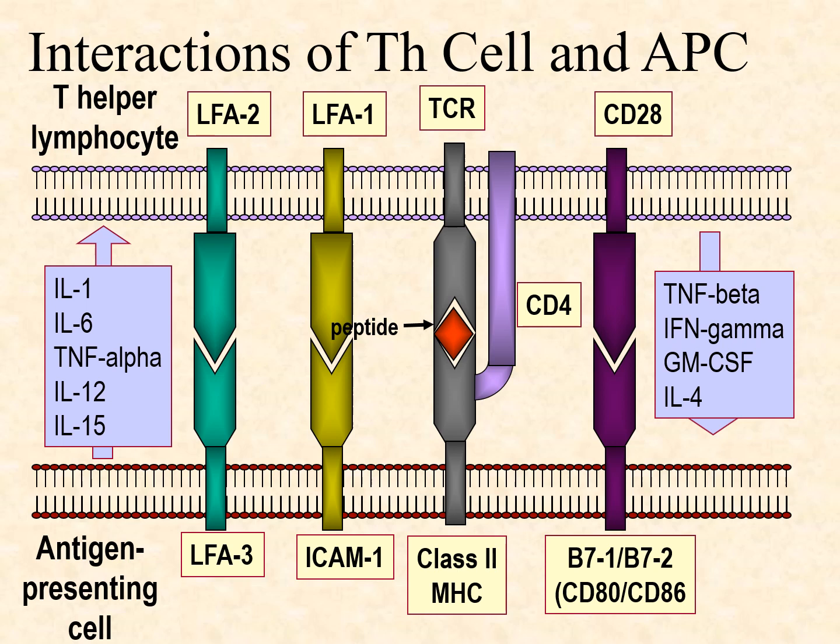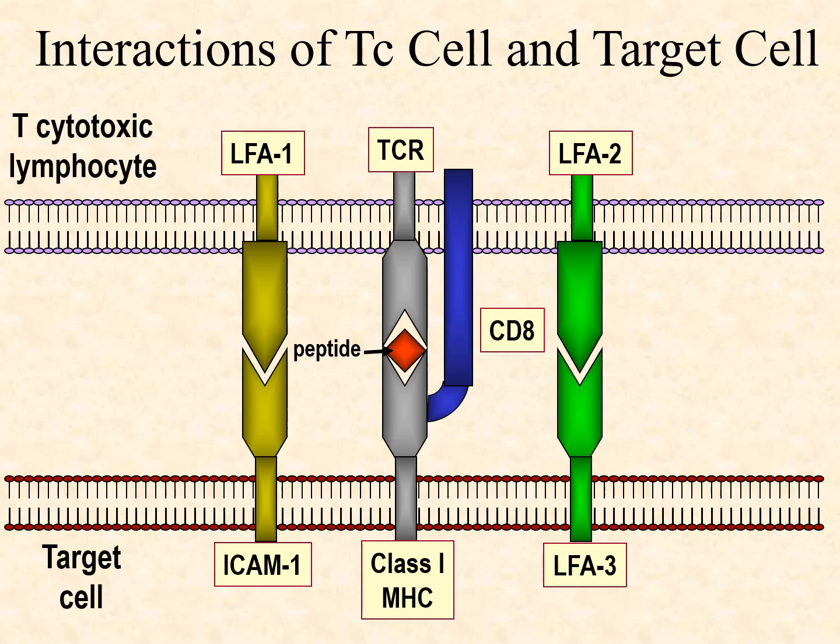Interaction of the T cell and the antigen presenting cell: this is the antigen presenting cell and this is interleukin 1, interleukin 6, tumor necrosis factor alpha, interleukin 12, interleukin 15. This is other factors. T cytotoxic lymphocyte, interaction of T cell and